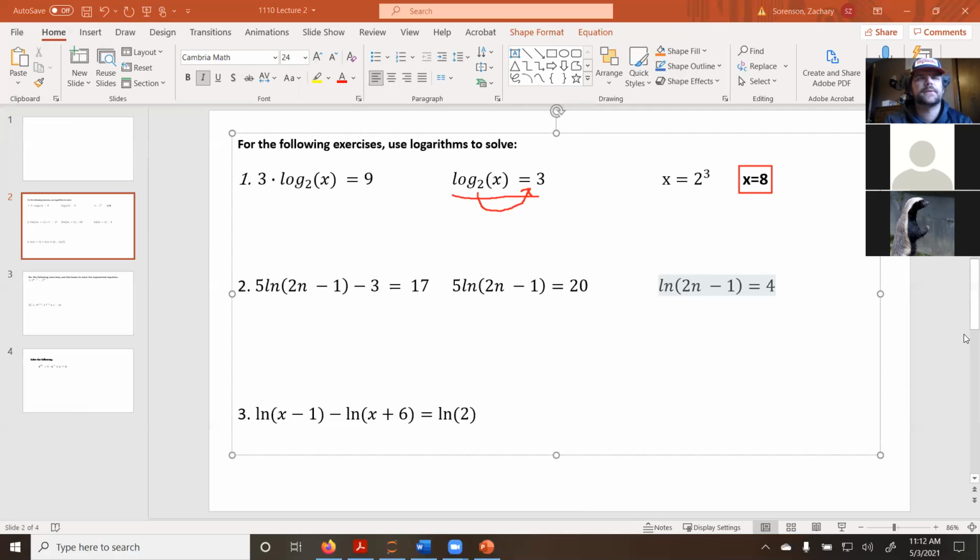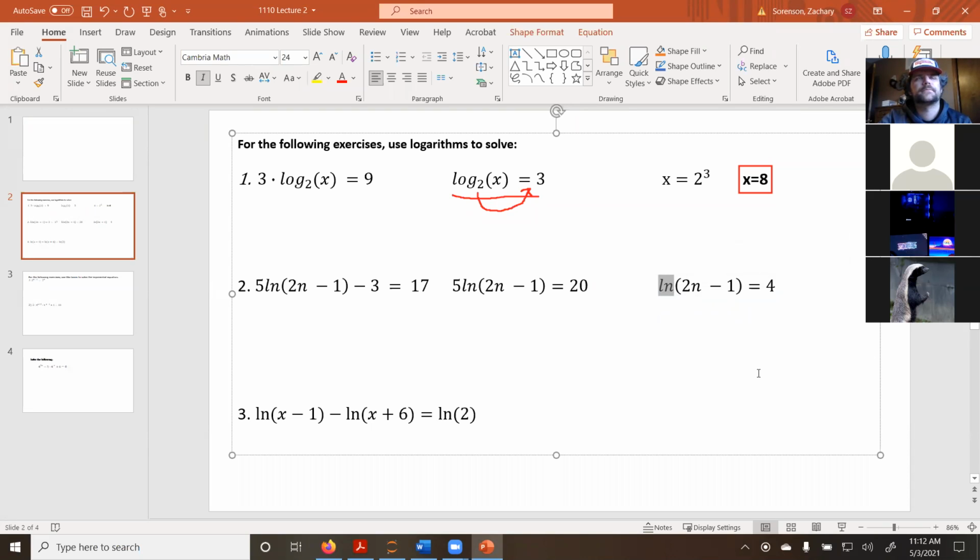Go ahead, Austin. Multiply ln to both sides. It's not multiply, but we're going to divide, my bad. Translate. Yeah, so we're going to translate. So what is ln? What's this weird thing? What does that mean? That's the natural log. So what's the base of the natural log? E. Yeah, exactly. So if I'm going to translate this,